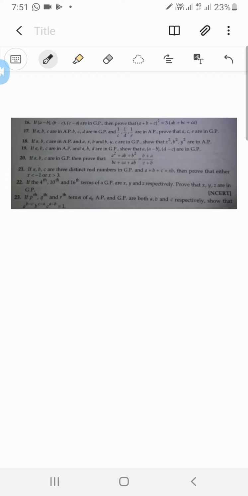Oh, maybe we can relate A, D, and which next thing can we relate? And then you have C, D, and E. Yeah, maybe we can relate A, D, and E somehow, or we can relate A, C and E. Yeah, let's just see what we get. Let's try to make some equations first. So we will have A, B, C are in AP, which means that 2B equals A plus C.